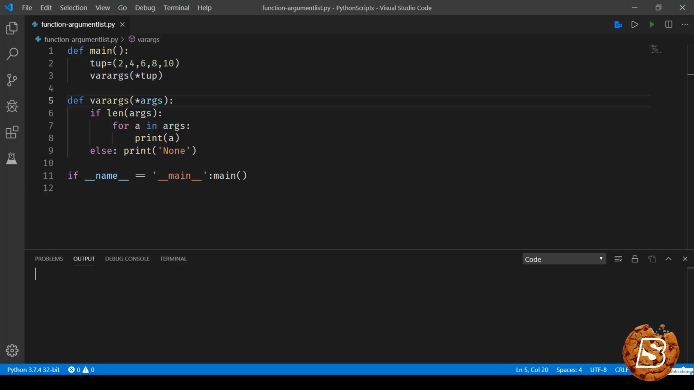In this lecture, we'll be taking a look at the variable argument list feature supported in Python. Over here you can see we have a function called main, and then we have defined a tuple which was having even numbers till 10. Next we have a function called variable arguments, and you can see that we are passing a tuple